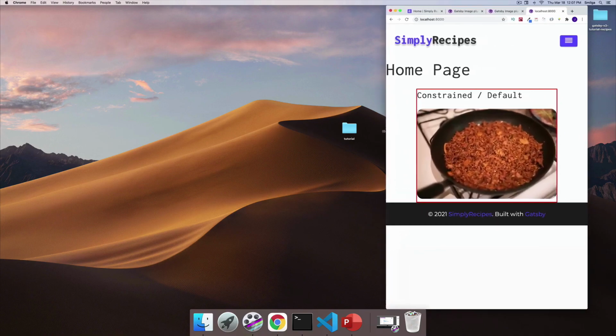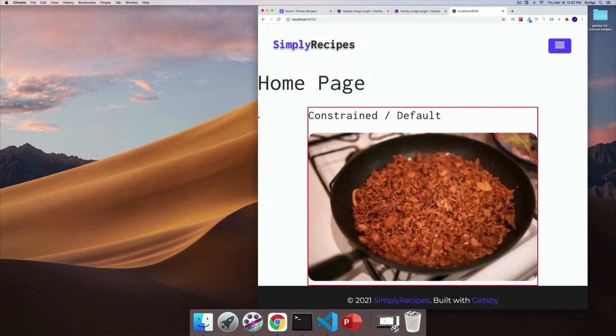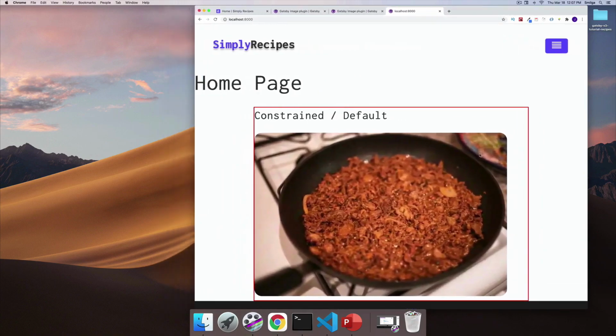Yeah, it is 175. But then the moment the container gets bigger than the max size of the constraint image, so effectively, once the container is bigger than the image, then of course, we just use the width of the image. So that is going to be the difference between the constraint one and full width. Full width is always going to be full width, regardless. Now, the constraint one,